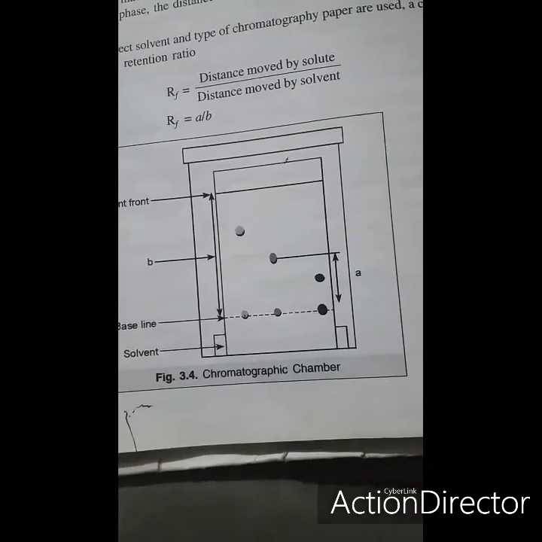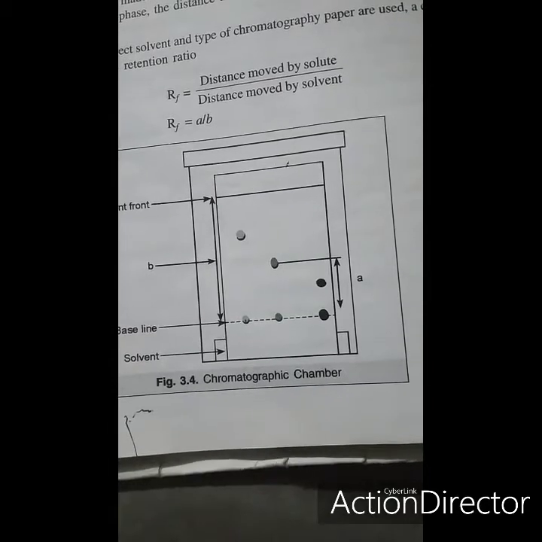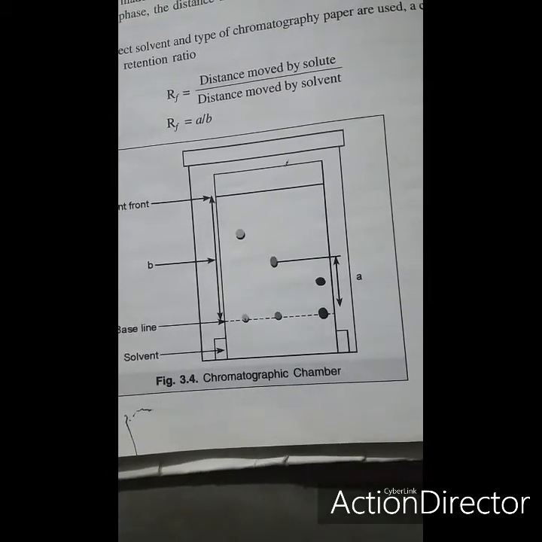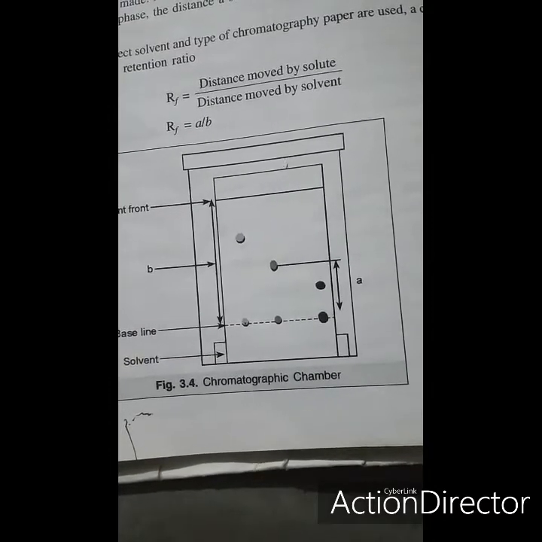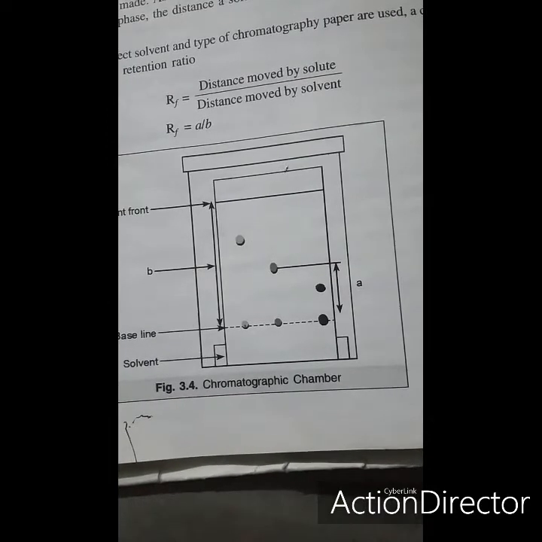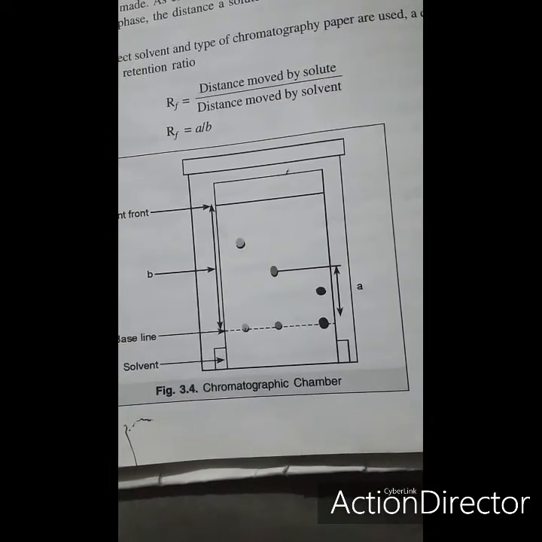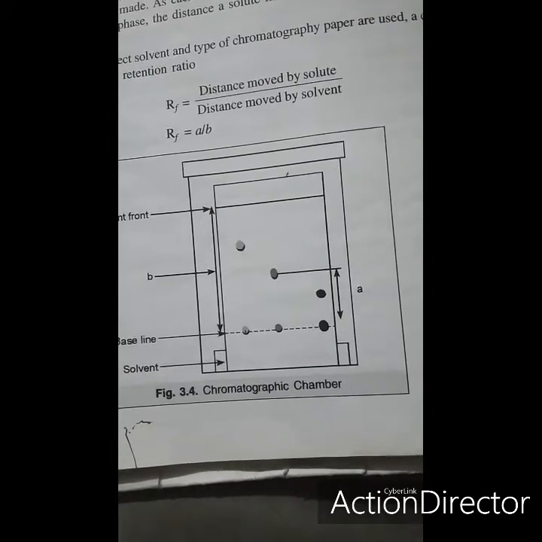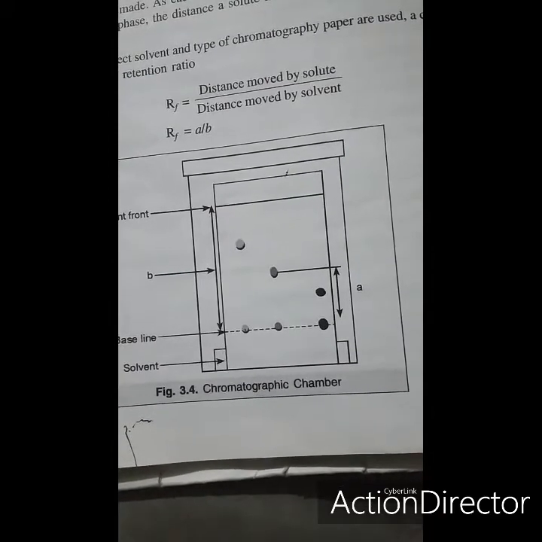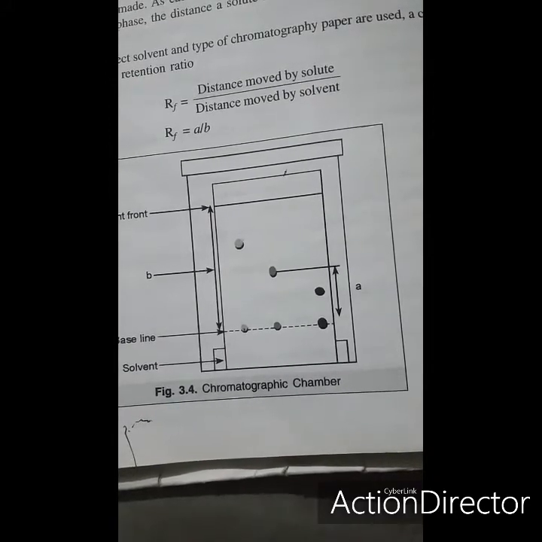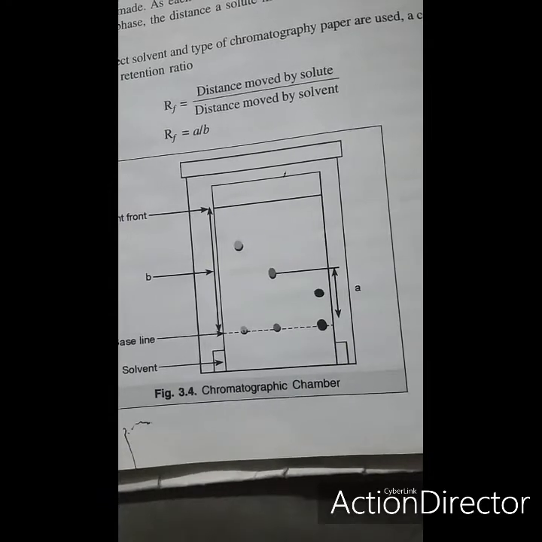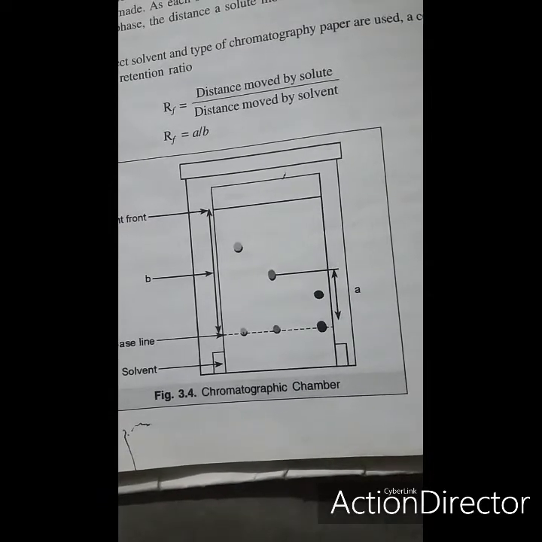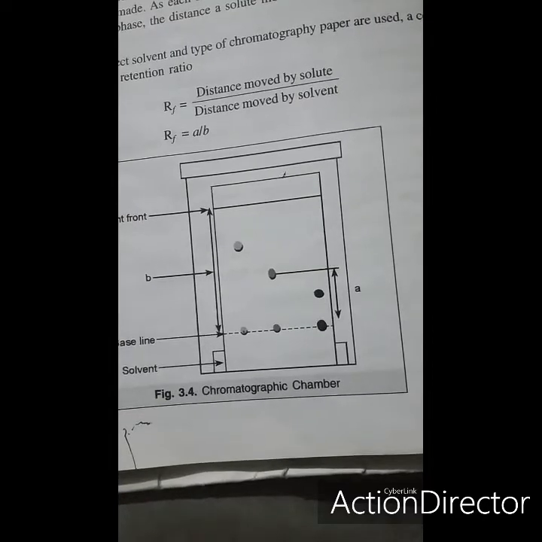In this technique, a solute is partitioned between two phases, the mobile phase and the stationary phase. Depending upon the partitioning value, that is the partitioning coefficient K, there will be partitioning. The mobile phase includes the solvent, and the stationary phase includes the Whatman paper if it is paper chromatography. If it is TLC, thin layer chromatography, then it includes the adsorbent. So this technique depends upon the partitioning behavior between the stationary phase and the mobile phase.